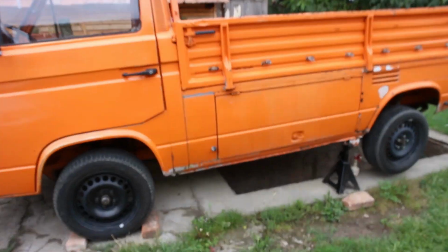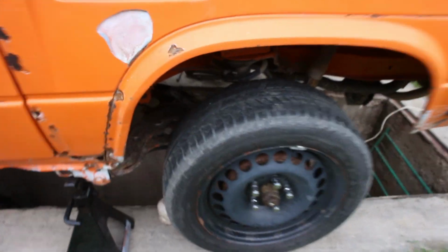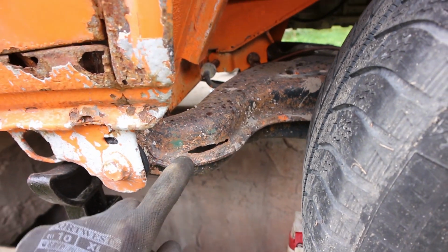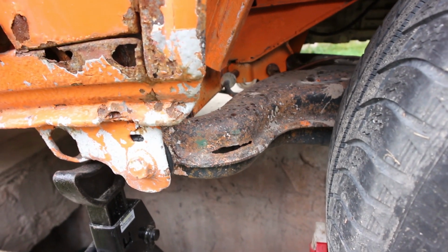Hey guys, welcome back. Now that the front is done, I can do something about the back, because there are some pretty big rust holes in both of the swing arms and I have to carry some weight next week. I've already started on the other side